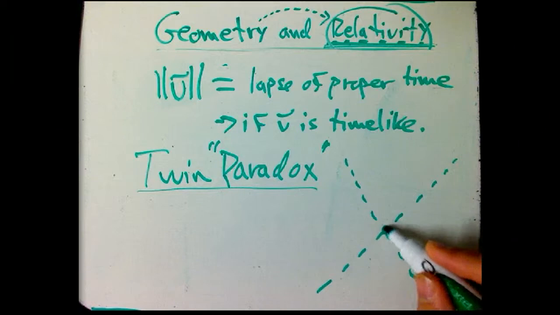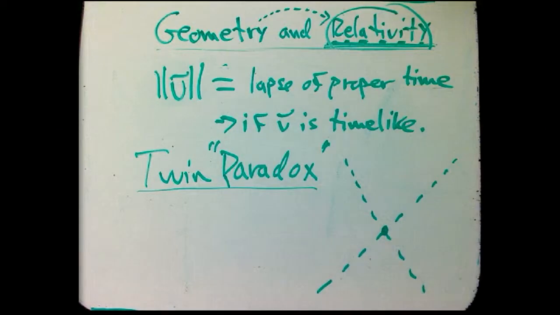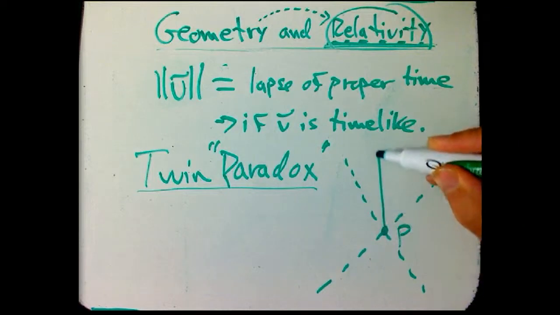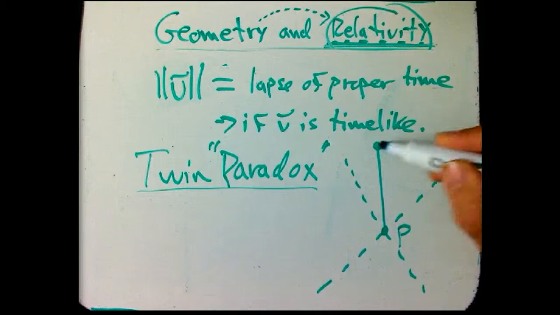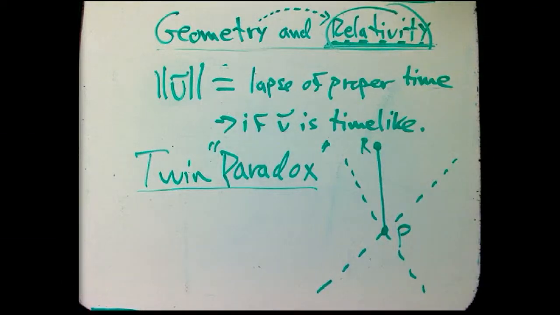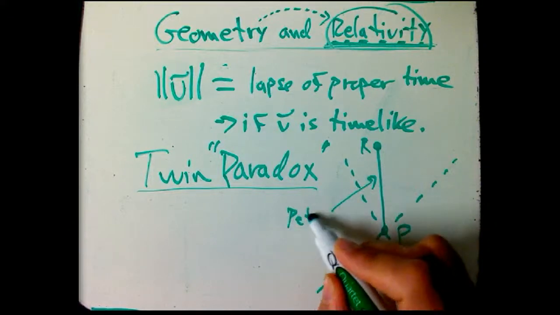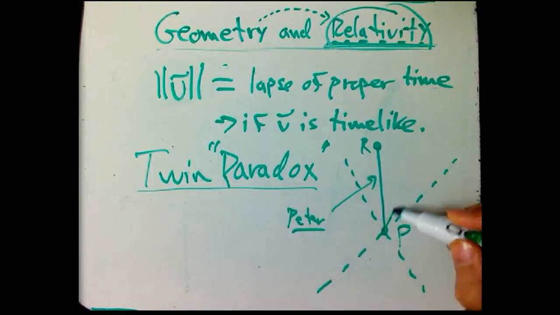Okay, so I'm going to do this in a qualitative version first, and then we'll do it in a quantitative version later. But the qualitative version really gets at the heart of what I want to talk about. So here's an event P, which is where two twins separate, and one twin stays on Earth and is essentially unaccelerated. I mean, there are definitely some accelerations going around the Earth and the Sun, but not experiencing very strong accelerations. And I'm going to model him as a straight line in space and time. Let's say Peter stays at home in this one. And Paul,